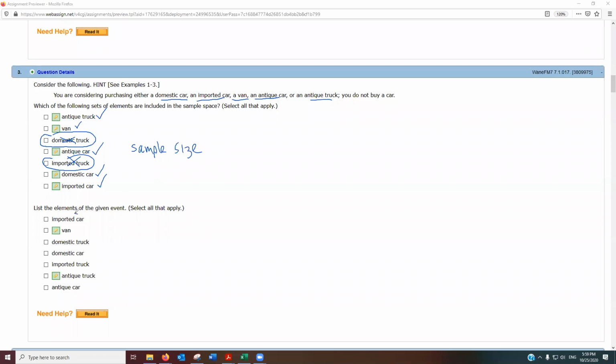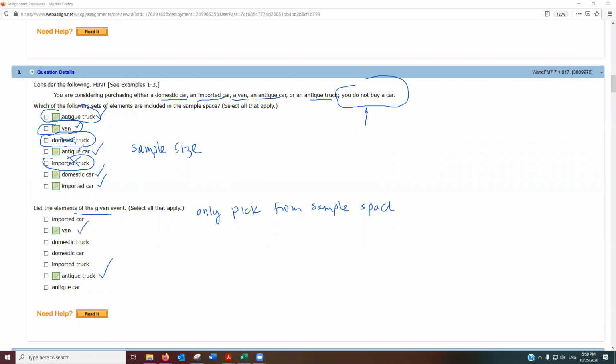All right, now it says list the elements in the given event. Well, my given event was I'm not going to buy a car. So I can't include a car. But remember, I can only pick from the sample space. So what I'm going to do is go back to the sample space and pick any non-cars. So I have an antique truck. Yep, that's a non-car. So antique truck is good. A van. Yep, a van is in the sample space and it's not a car, so I'm going to include